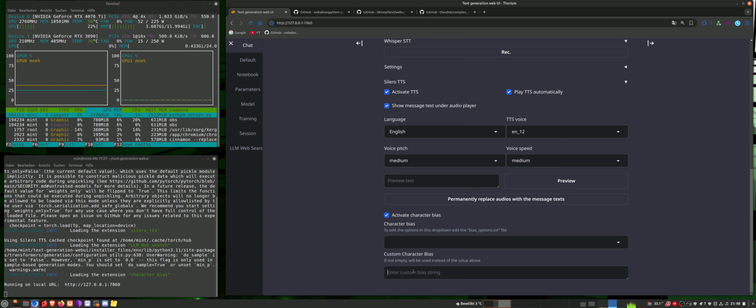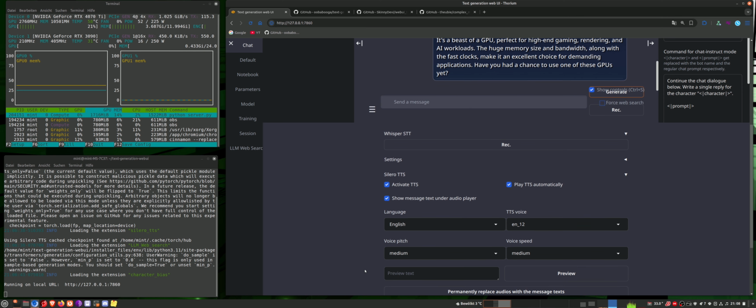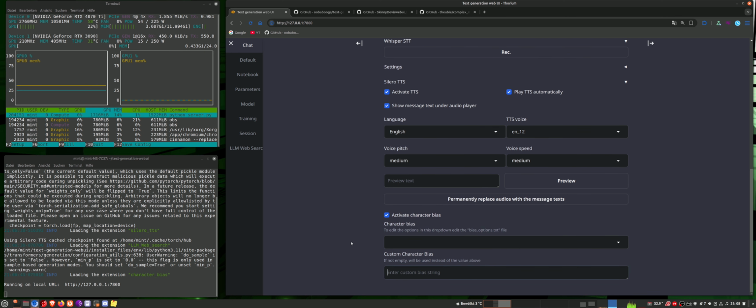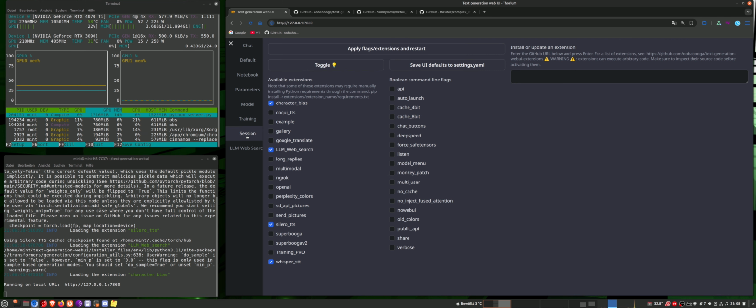But this is really great if something with your model is not like you want it and you don't want to start anew and write a whole new character. Try this. This is easy. Really often this solves problems. So let's go to the